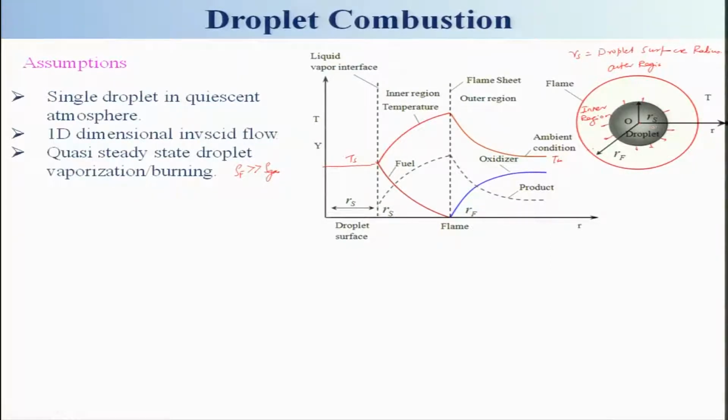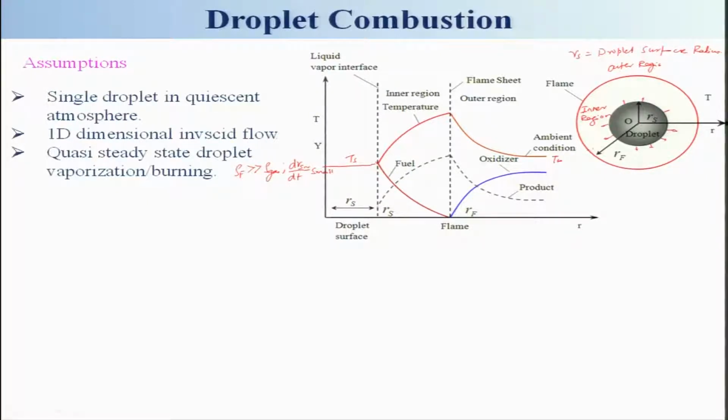The fuel gets vaporized on the surface of the droplet, and then it moves. So that density is very, very much higher. So, we can say that dRs by dt will be very, very small,